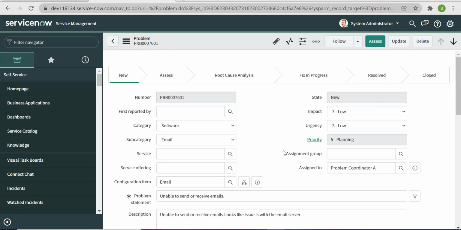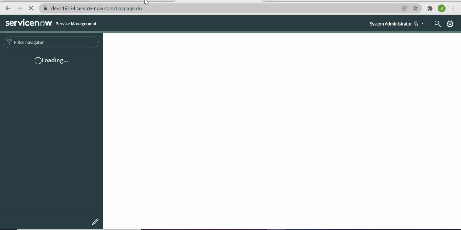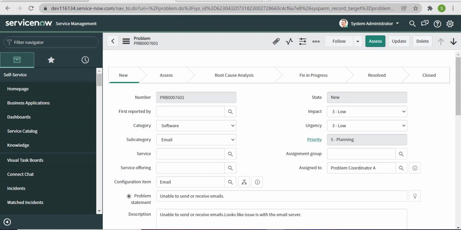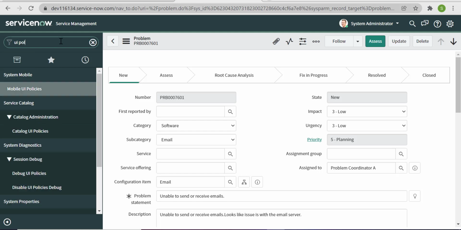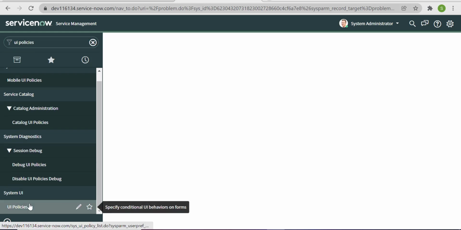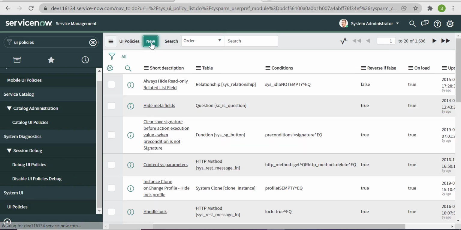For that we'll write one UI policy. Let's open one duplicate tab and search UI policy in the filter navigator and click on new.